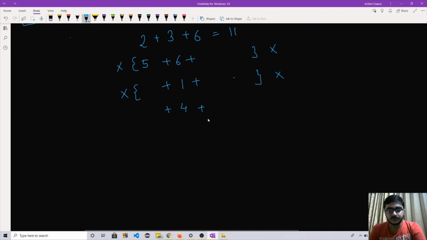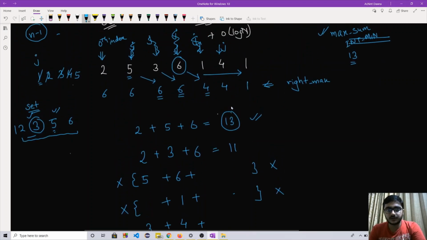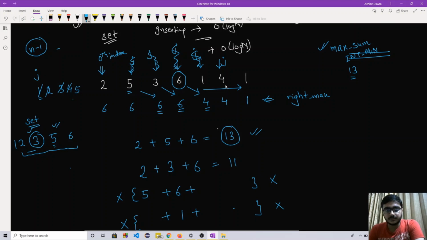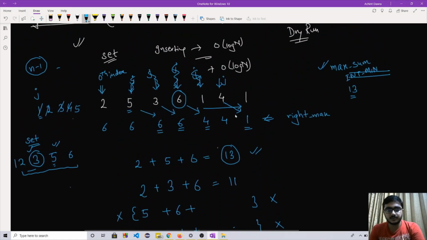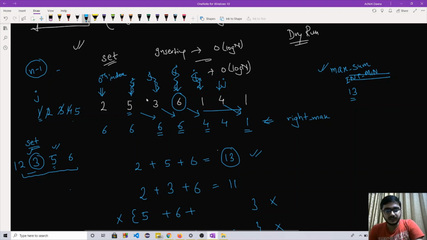For the right part, the maximum element is 1, and since 1 is not greater than 4, this triplet goes invalid and we need not consider it. But if we had found a maximum element greater than 4, then we would have considered it.